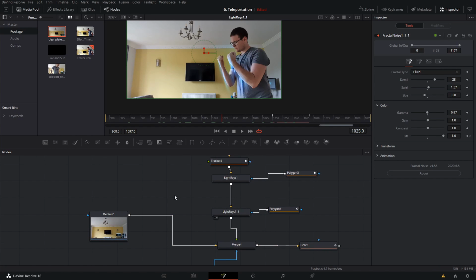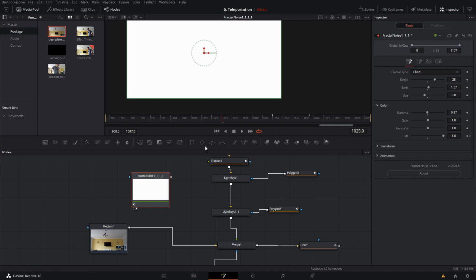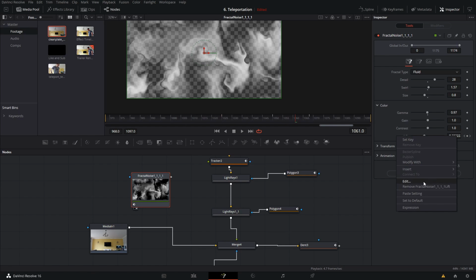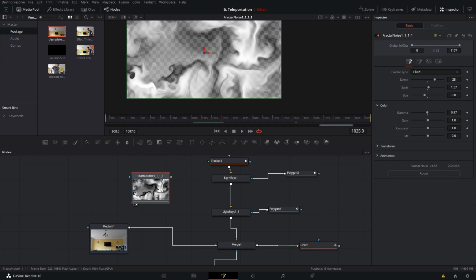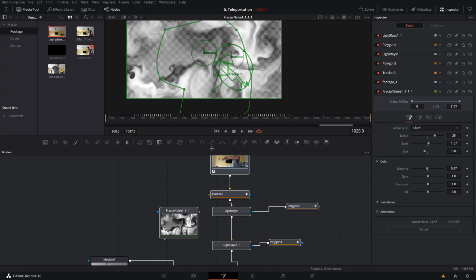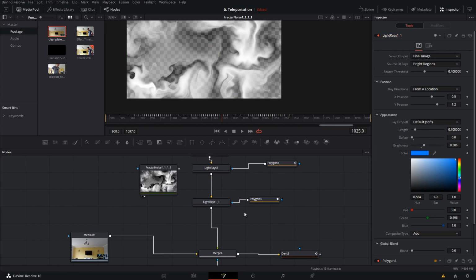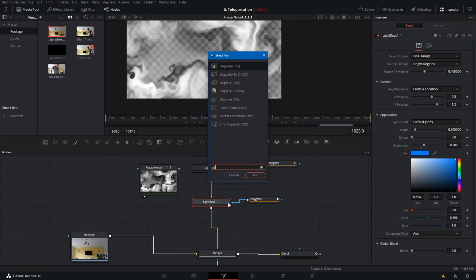So I'm going to copy the noise here, but this time I'm going to remove any of the keyframes to do with our lift because we want to be able to see the noise for the entirety of the shot. So let's just remove that and we'll set it to the default, and now we can see our noise kind of swirling around there. So I'm going to add that into our hands, and I'm going to do that using a displace modifier. So let's add displace,